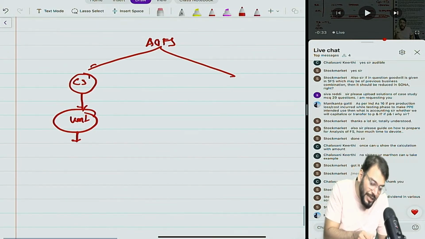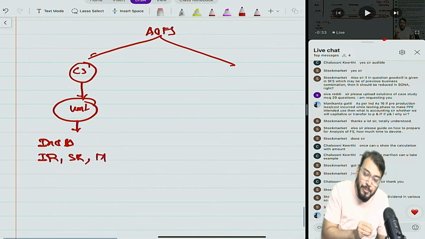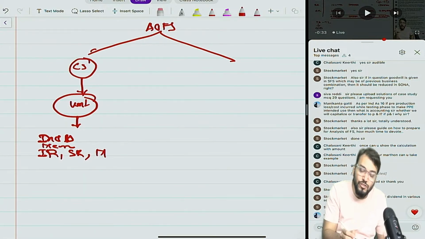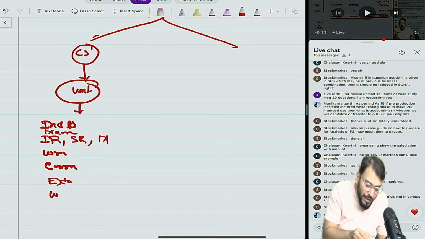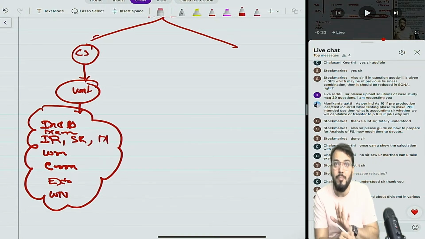In this, first you write down which Ind AS number and title. Then you should write down initial recognition, subsequent recognition and measurement principle. Before that you should also write down meaning and recognition criteria. Then you should write down what wrong accounting treatment was done, then the correct accounting treatment, then the extract of financial statement and then the working note supporting that extract. This much you need to write down. If you have written this much, they will give marks for it.